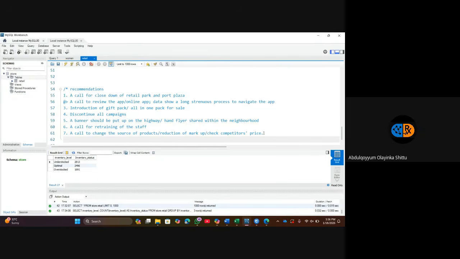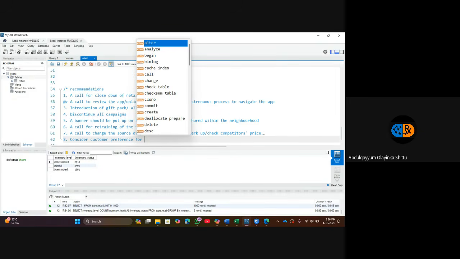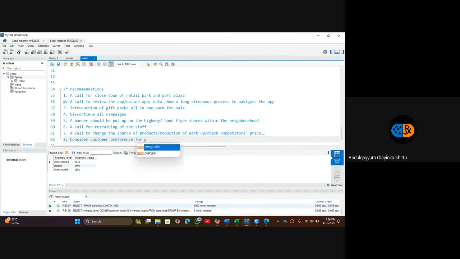So that's why you want to say, consider customer preference for storage, for products, for product stock up, to prevent, basically it's just to prevent overstocking and understocking,